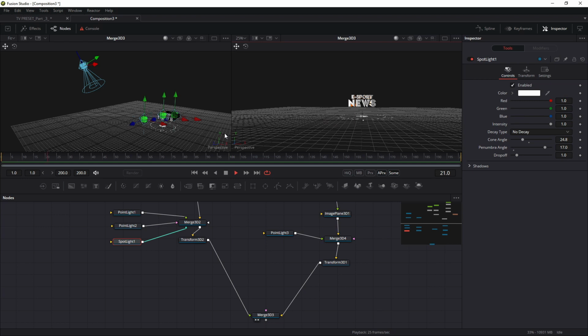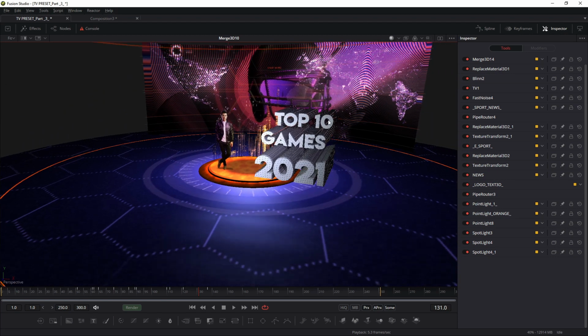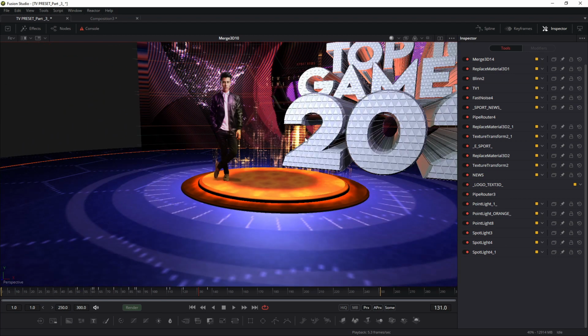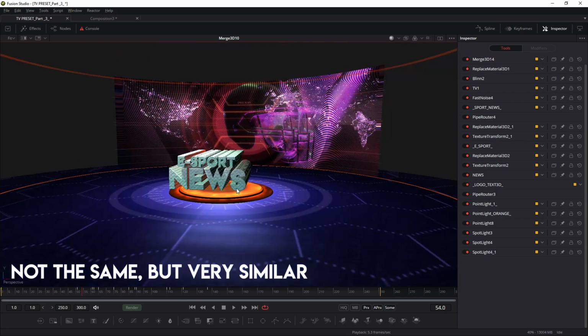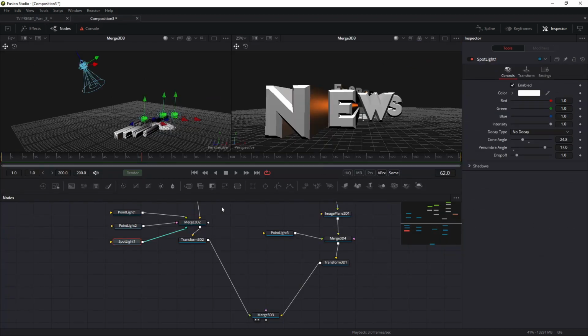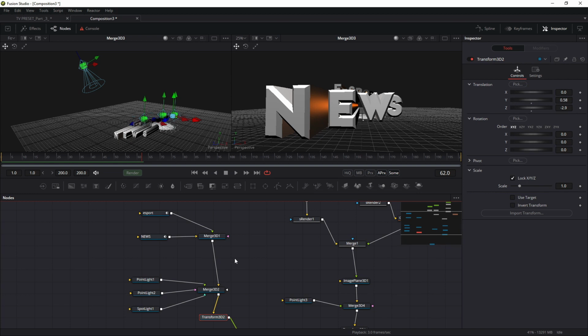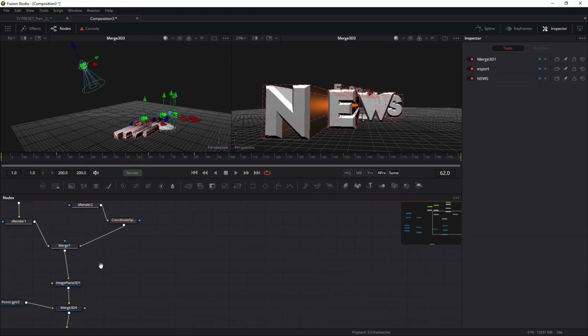Okay, my friends, now we add the next element, maybe this element, my friends. Top 10 games. How do I create this element? Of course, this is the same technique which I use in eSport news, but I used one node to add rotation. So of course I use, my friend, transform 3D. So for example, I copy this element,